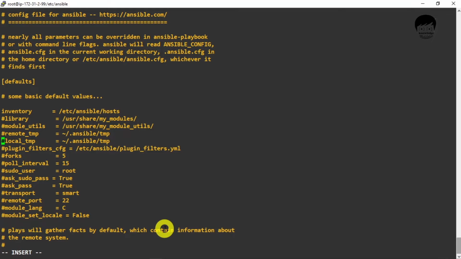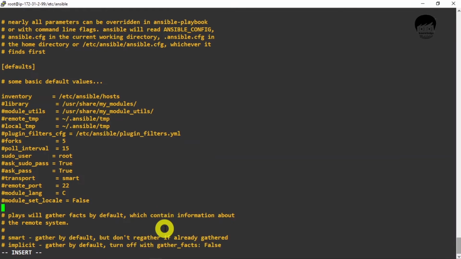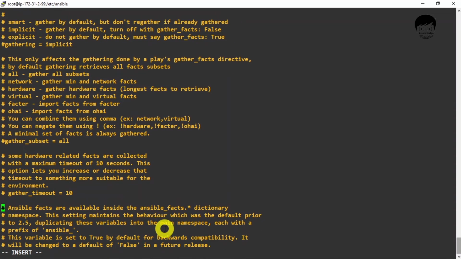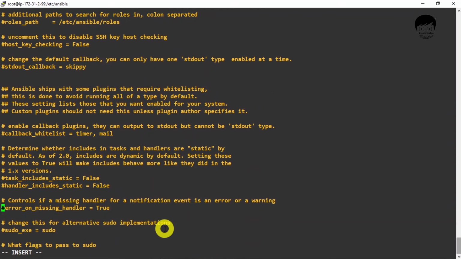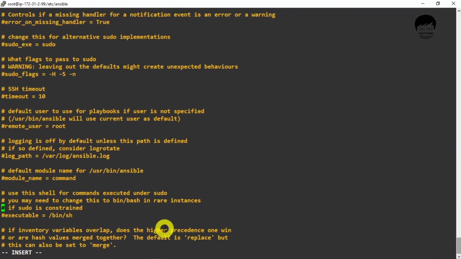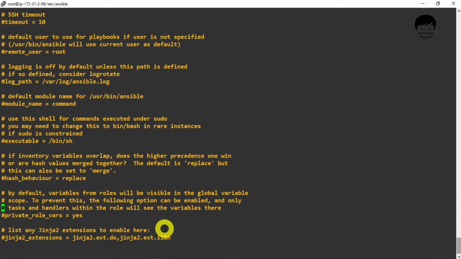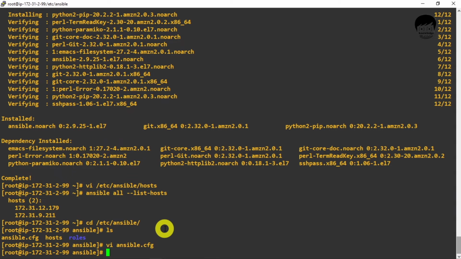Again, we have to do some sudo user task, so we have to uncomment sudo_user as well. And I think we are done. These two changes we had to do, and we already did them. So I'm just saving these changes, and I will quit from here.